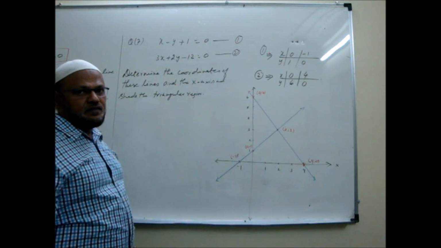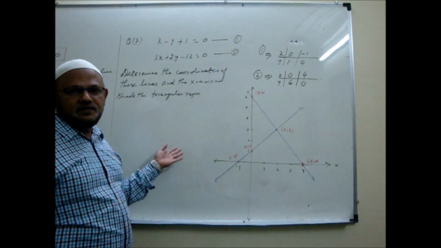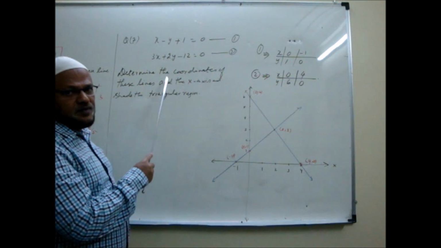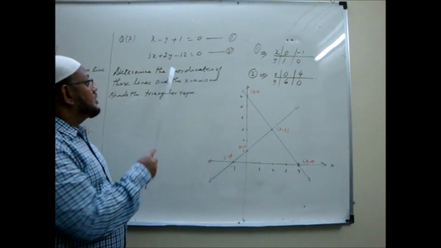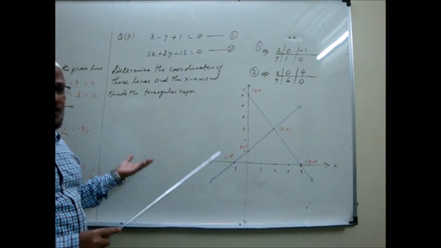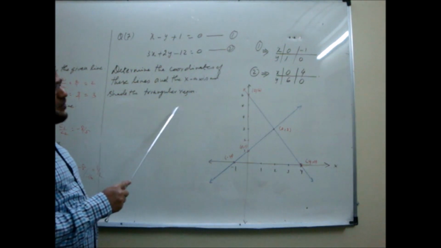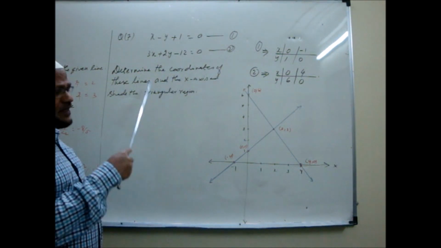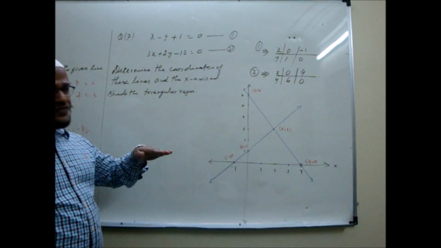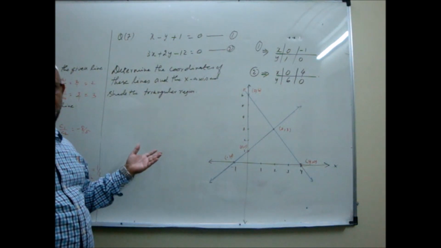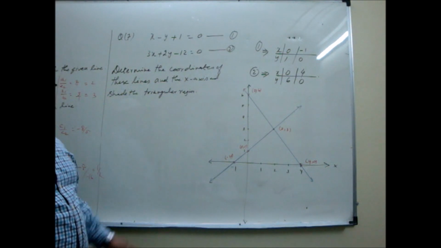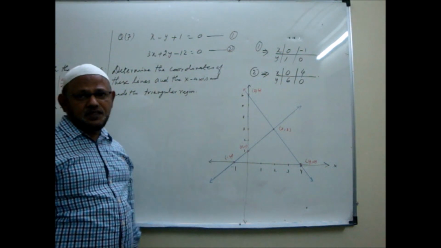Again, question 7 is drawing a graph only. We have discussed many questions of this kind. But in this one they are asking, besides drawing, they don't ask for the solution. The question asks you to draw the graph of the pair of equations, and after drawing, they say the two lines intersect at a point, and the two lines with the x-axis together make a triangle. They are asking you to shade the triangular region. They just want you to draw the graph of it.